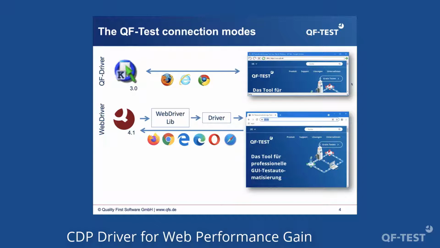And it's a great protocol if you want to execute tests on any website you know beforehand, and if you just want to issue commands on that website, and then, for example, ask questions like, what is the color of this button? Or with this XPath, I want to select an element, and then I want to emit a click on it. And what QFTest does from version 4.1, which was released a couple of years ago,